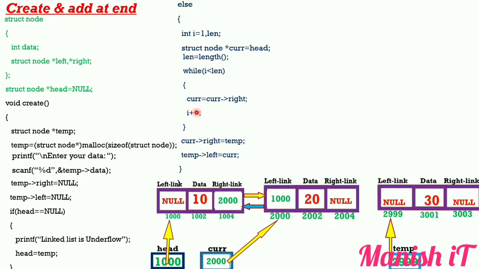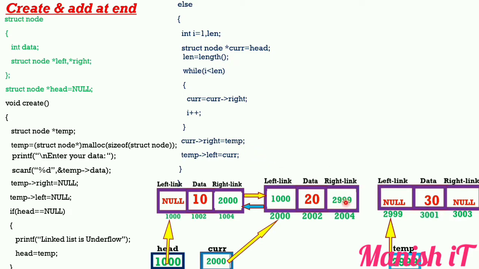So after exiting from the while loop, our compiler comes to this line. What line? current->prev = temp. What is current->prev? That is this, and temp is what? 2999. So after this statement, the compiler comes here and executes this line.